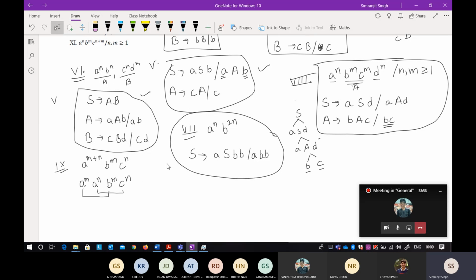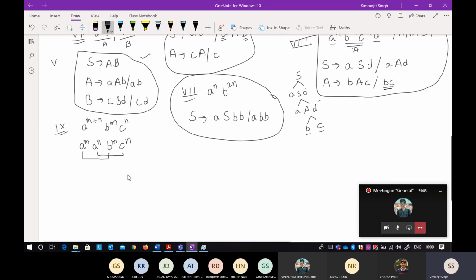Just take the same building block, the third building block that I've told you. Start with the starting symbol. What you want in the starting symbol is for the number of a's to be equal to the number of b's. How can you make sure of it? It can be a, then S, then small c, and now to make sure that it will reach the variable A, it will be small a, A, and then small c. A tends to a A b, and because it is raised to power 1, it can be ab.